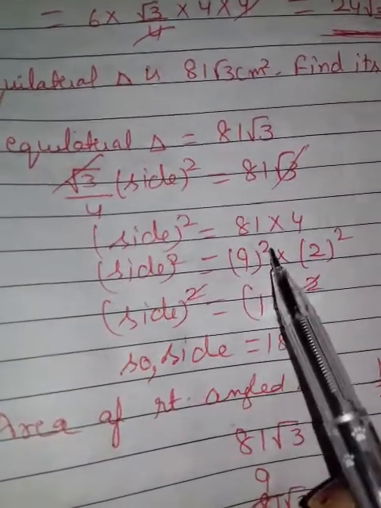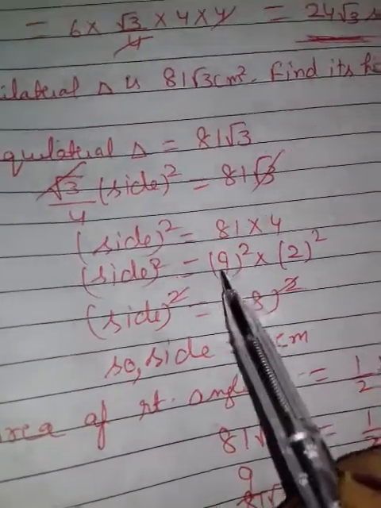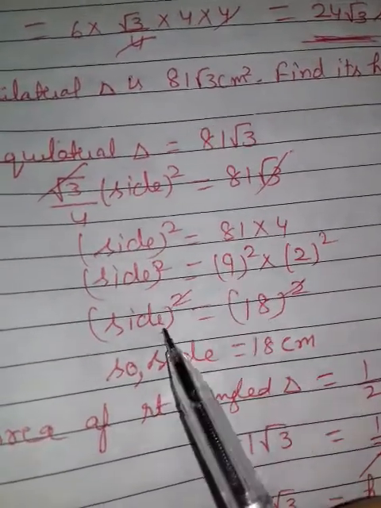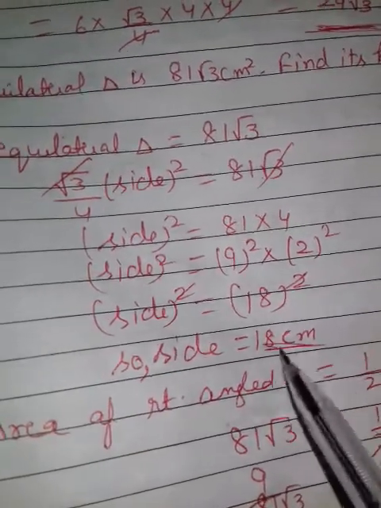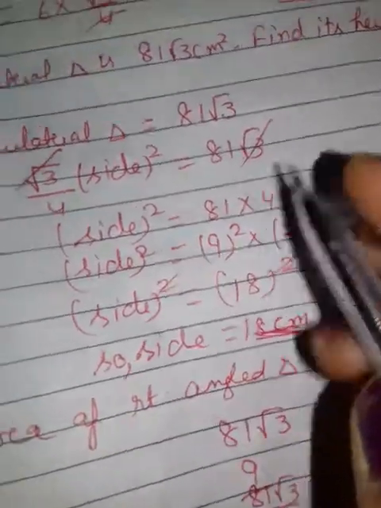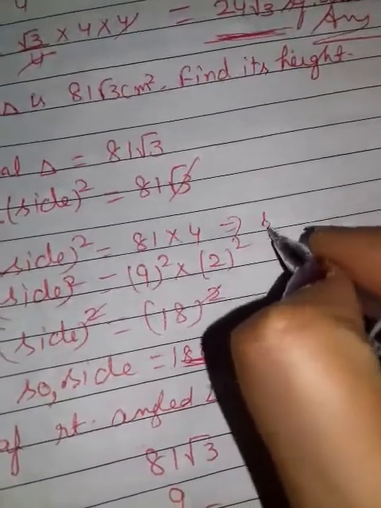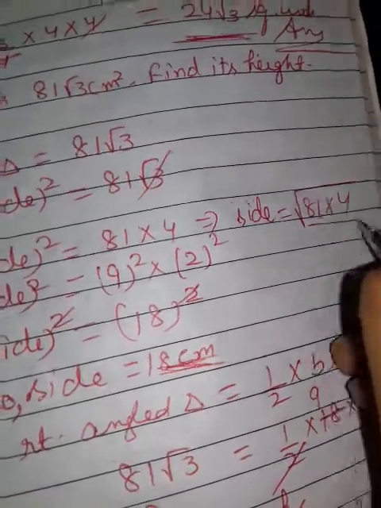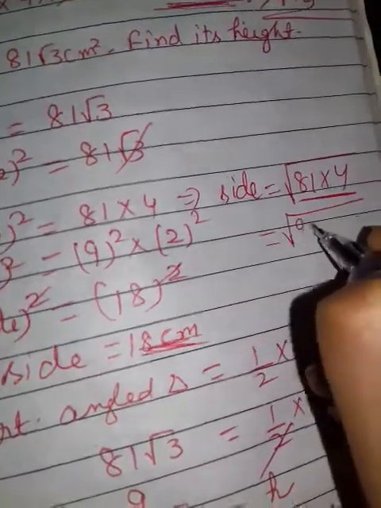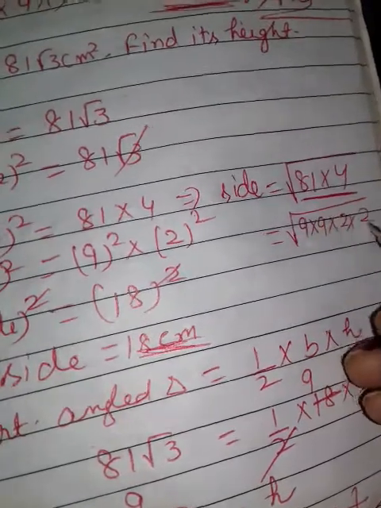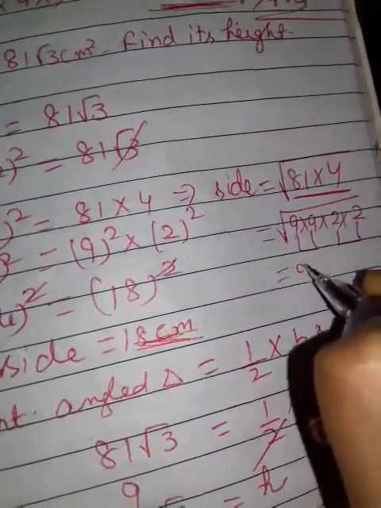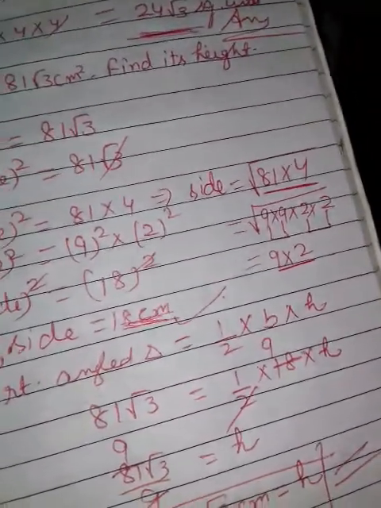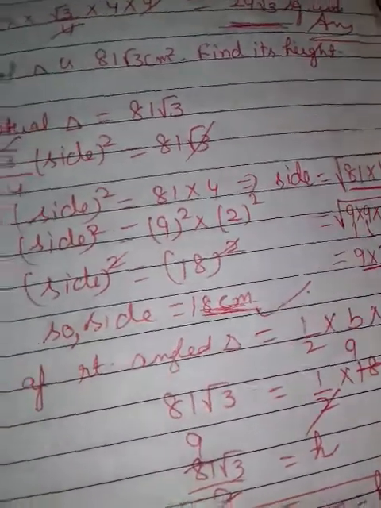It can be written as 9 square and this 2 square. 9 into 2, 18 whole square we can say. Square will cancel, side is equal to 18 centimeter. If you are not getting it, then you can do it in this manner also. Side is equal to root, square will become root and you will split here. It will become 9 into 9 and 2 into 2. From the pairs you will take a single term outside. 9 into 2, 18. I hope you are getting what I want to say. Means so many alternatives for solving.